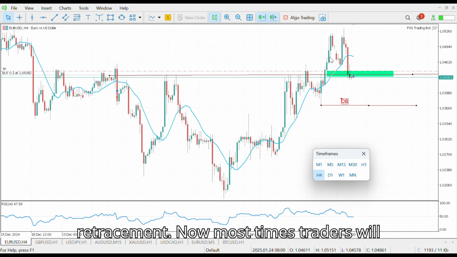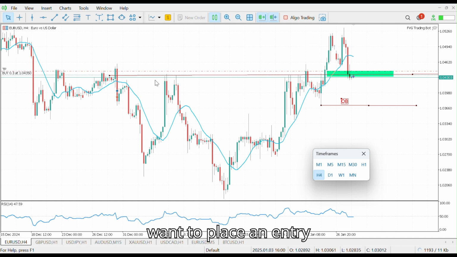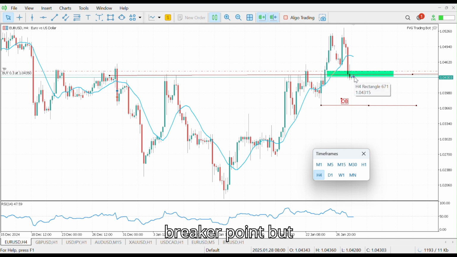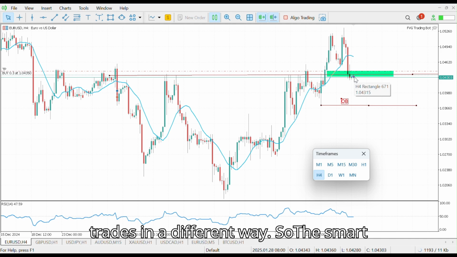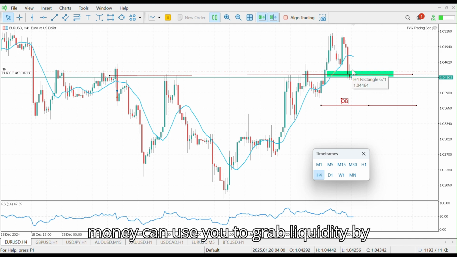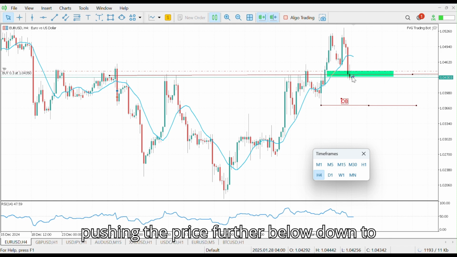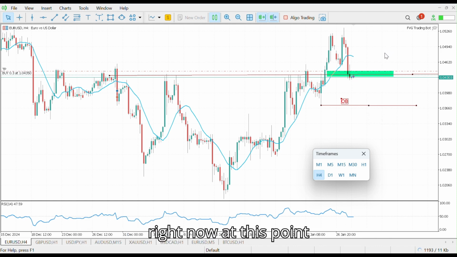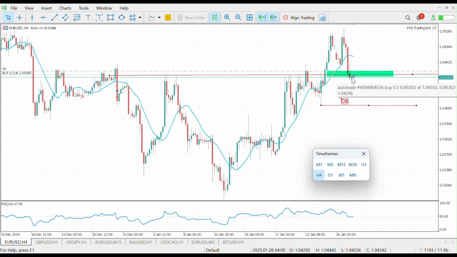Now most times traders will want to place an entry once the price has retested the breakout point. But mind you, the smart money trades in a different way. The smart money can use you to grab liquidity by pushing the price further down to this point before taking the move. So right now at this point here,